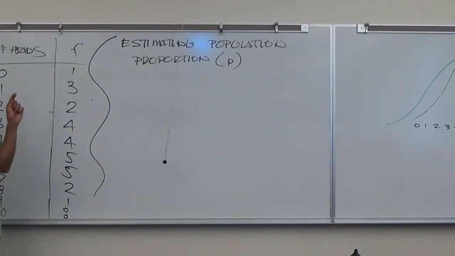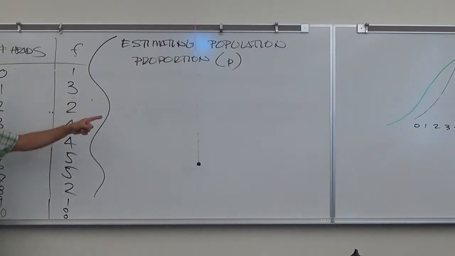But see, that's a population proportion. That's like mu, or little sigma. You never actually know it. It's out there floating around, but you don't know what it is. So just like you don't know mu, who can you know that's related to mu? Remember this from 243 we talked about earlier today? You can know x bar. So just like you can't know little p, you can